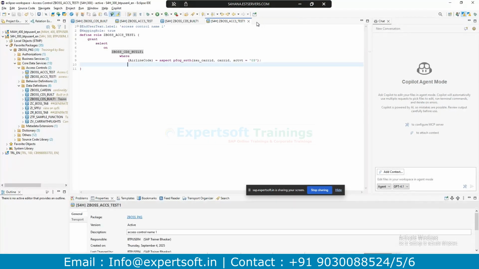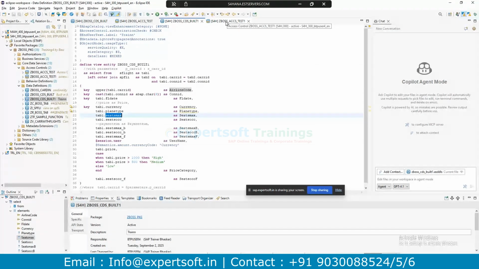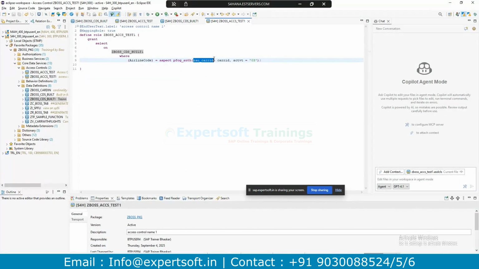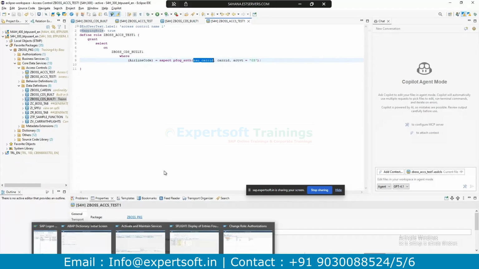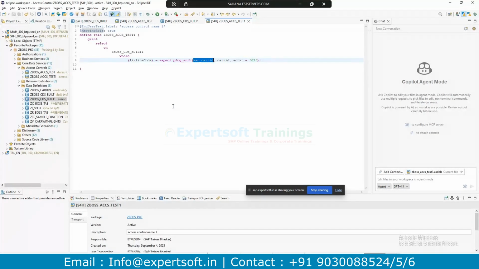We need to know this because GRC consultants are not available in small and big organizations. Even if you find any tutorial, they directly assign, assuming the authorization object is already there, and you create just the DCL language. But for your understanding, I created that authorization object and showed you the steps also. Majorly we don't have access to PFCG roles, SU21, SU11, SU01. Okay, that's all for this.